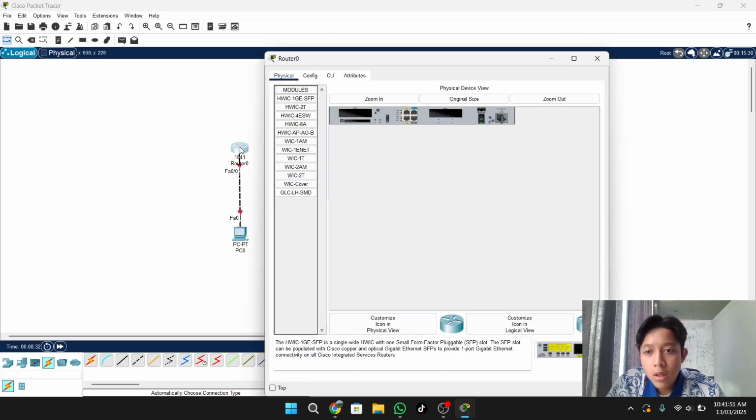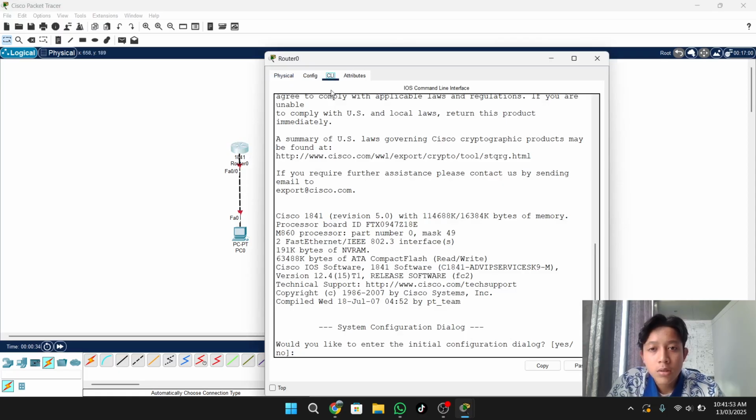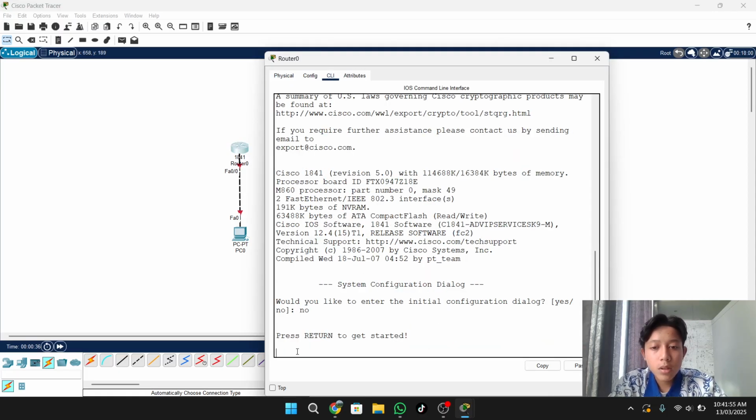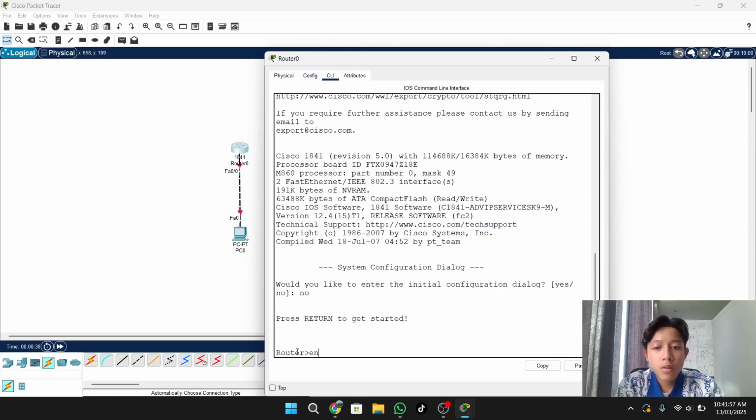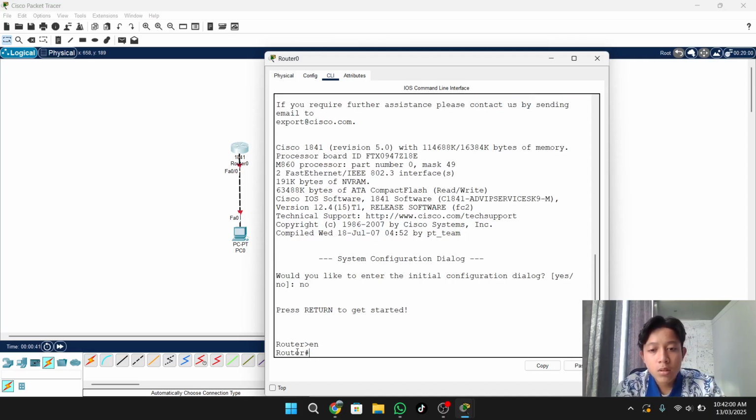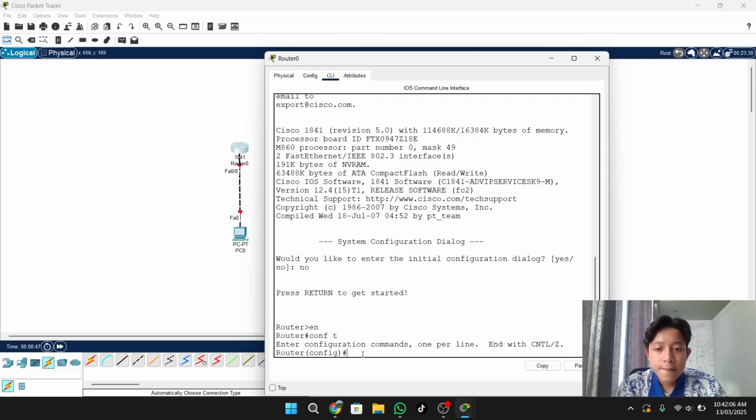For the steps, you click on the router and go to CLI, and you enter the configuration mode first: you type enable, then configure terminal, and you can activate the remote access first. For the steps, add the IP. You enter the interface first.